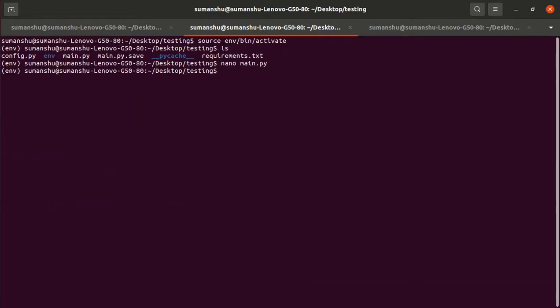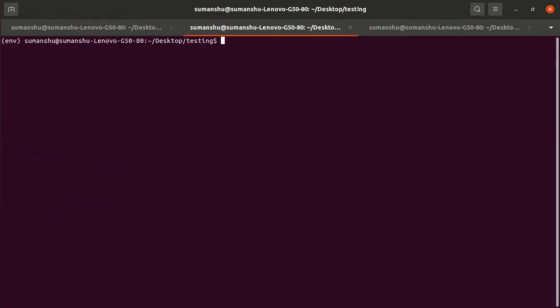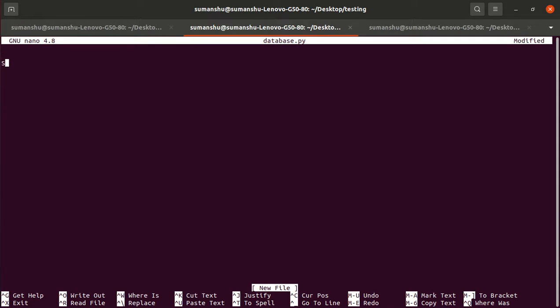What we will do is first create a database.py file. We will define the database URL, that is, with which URL we have to connect. If you remember, we have already defined the database URL in the configuration file.